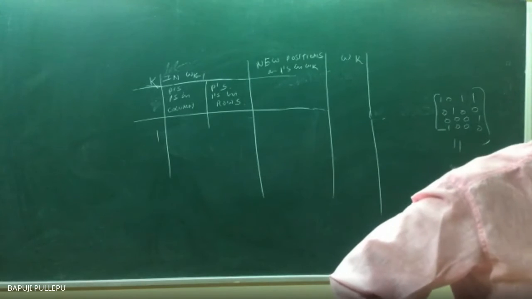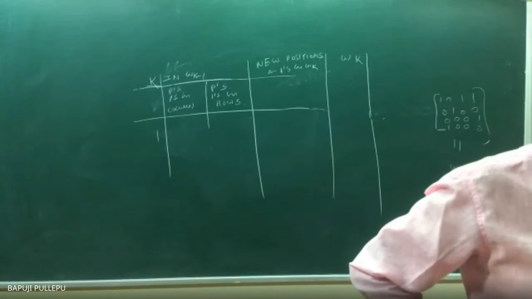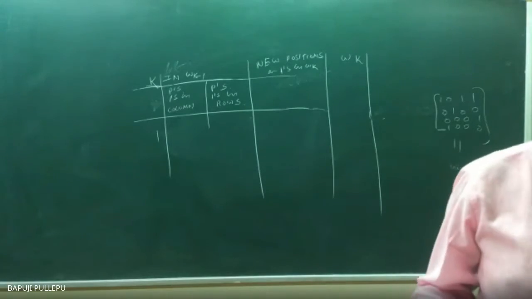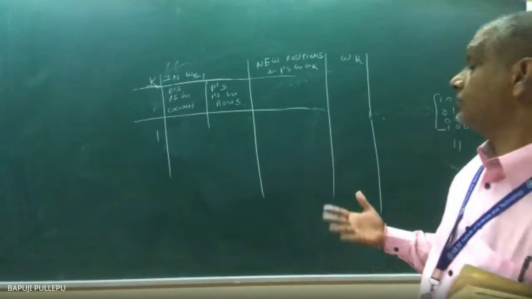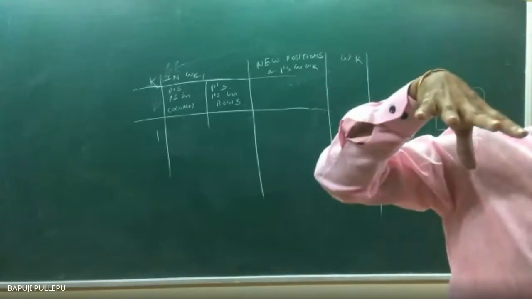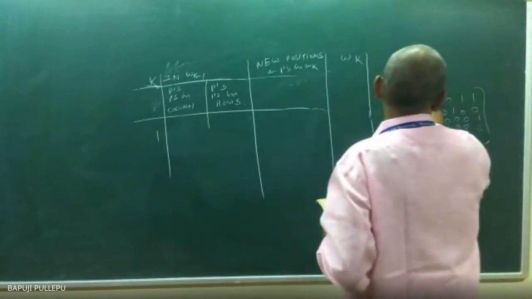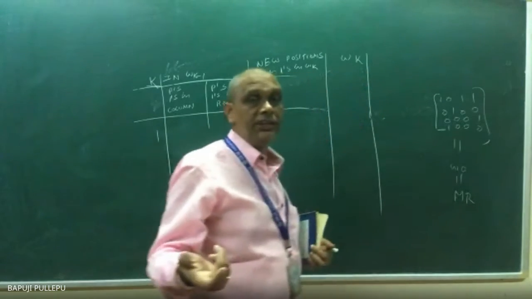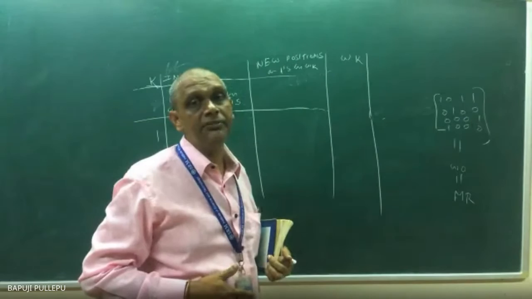In W naught, first column, where is the one position? 1, 2, 3, 4, the numbers I am giving. This 1, 2, 3, 4 means always don't exceed 1, 2, 3, 4. Maybe they give 6, 10, 20, 25. So according to this, the position is 1, 2, 3, 4, because the matrix numbers are 1, 2, 3, 4. In a relation, the set elements are 1, 2, 3, 4.